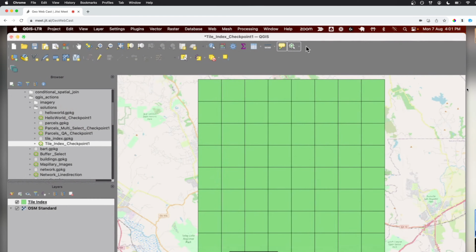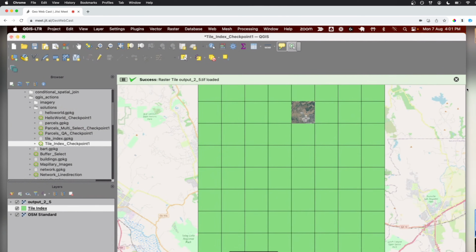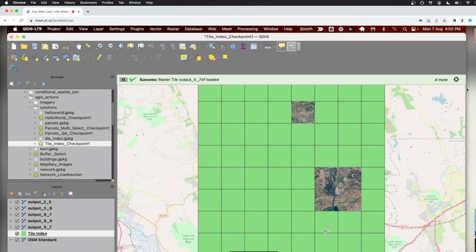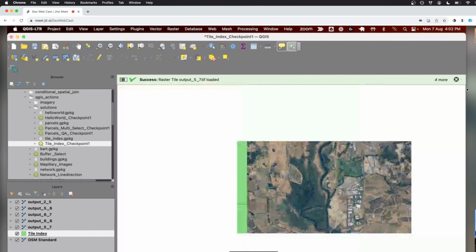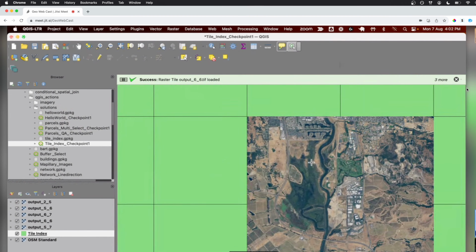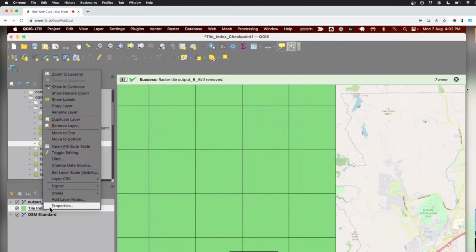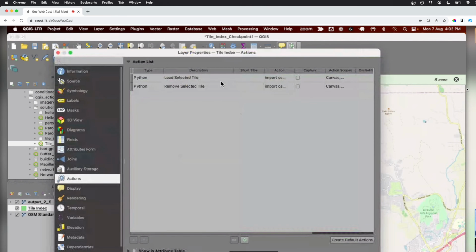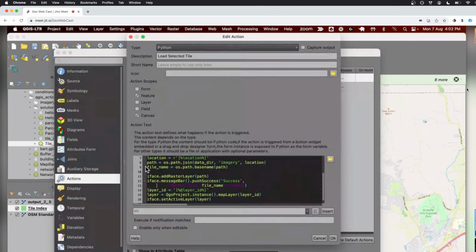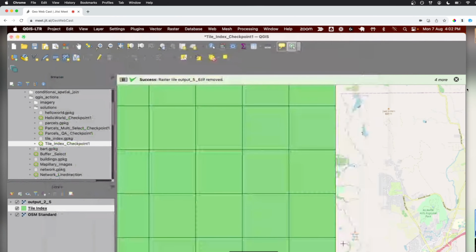And then I can have an action, which is just 2 lines of code, where I click on it, and it goes and loads the tile from my disk. I can click around and load the tiles. These are all full high-res tiles. When I'm done with it, I can just say remove, and it's going to remove this. If you see the code to do this, it's probably just 4 lines of code. Just this one: iface.addRasterLayer of the path and set active layer. That's it. So when you're learning Python and you want to do this automation, you can do this, something that is useful.